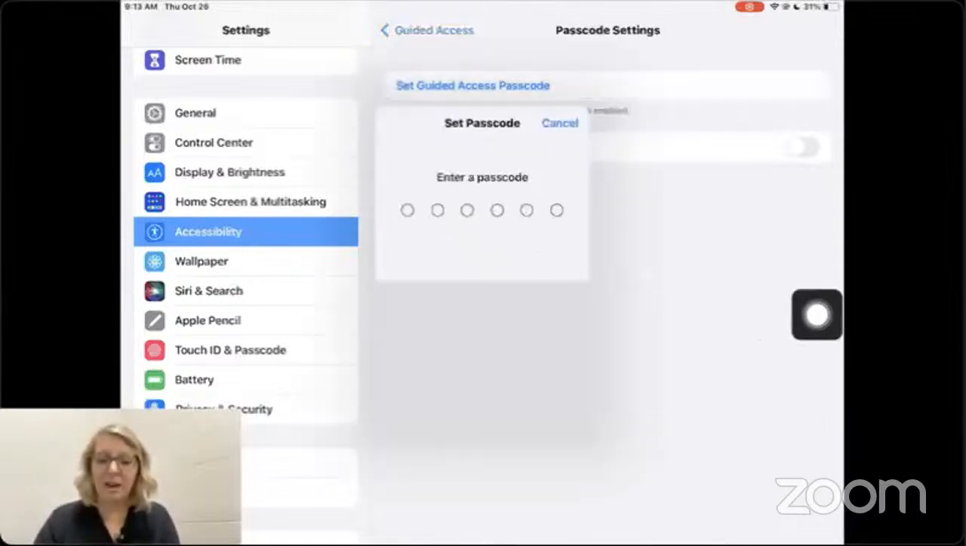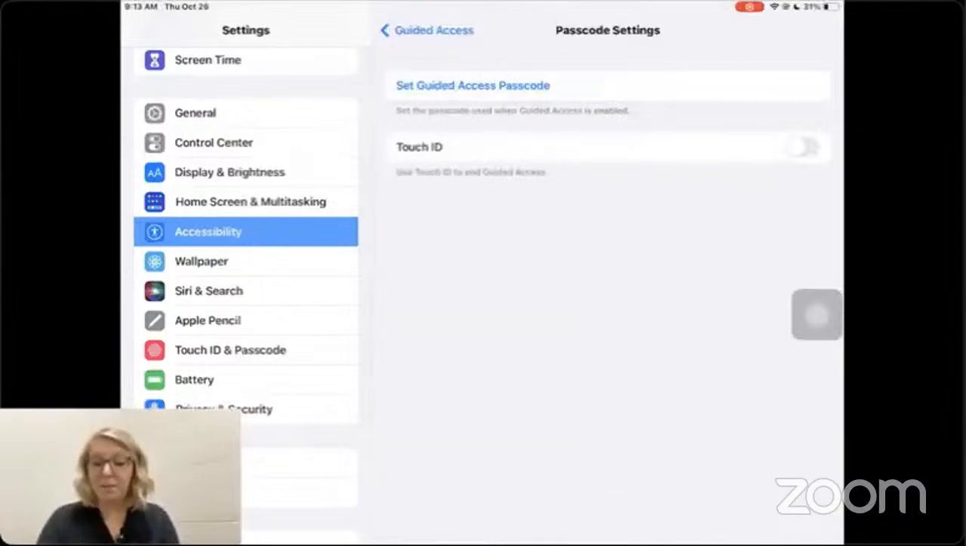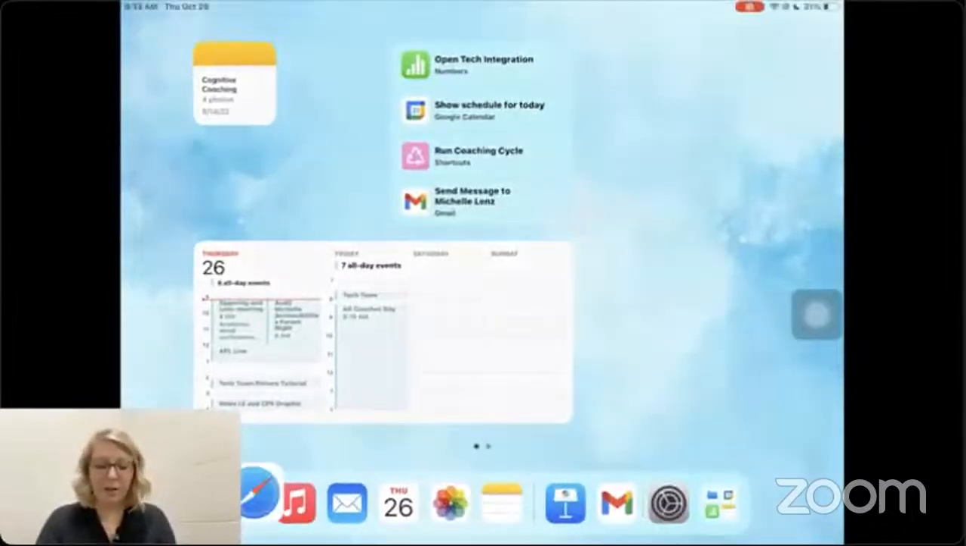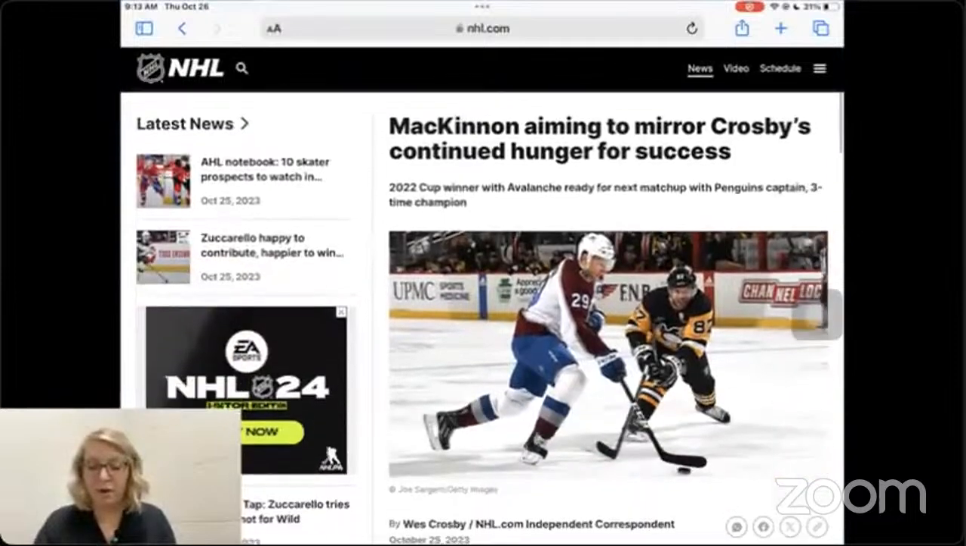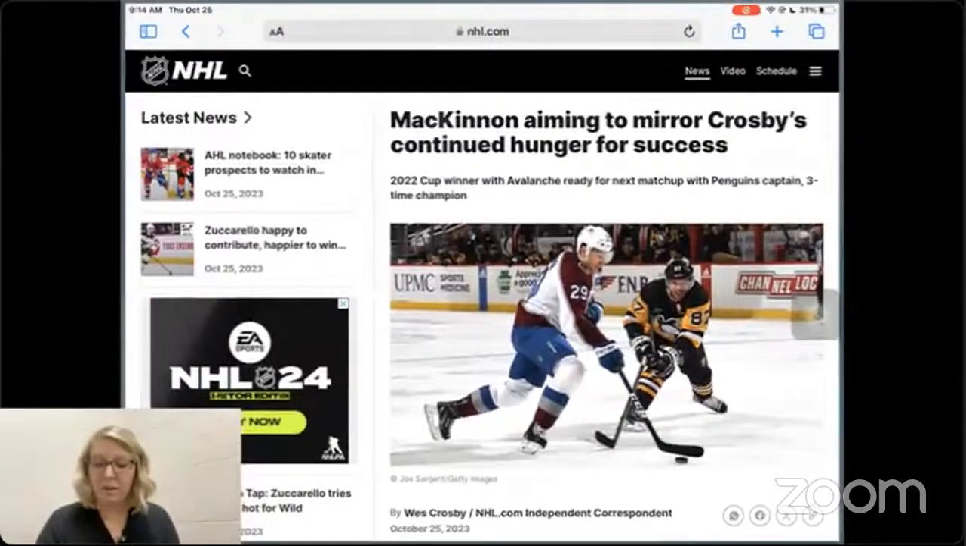I'm just going to click Set Guided Access Password, and you're going to want to make it something more difficult than I'm making it right now. But that's my passcode. Now if I go into Safari where we were earlier, maybe I'm learning about the NHL or a certain sports team, and I want to make sure that the student stays on this website and doesn't go into anything else. So if I triple click the home button, which is that circle button on the front of your iPad,